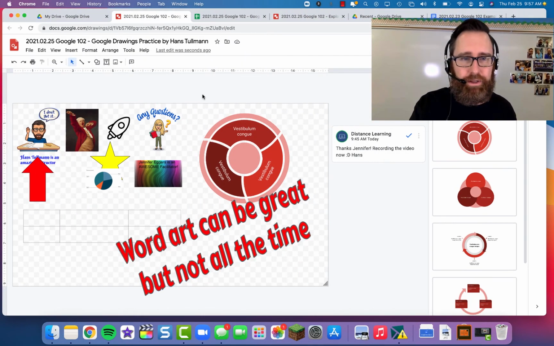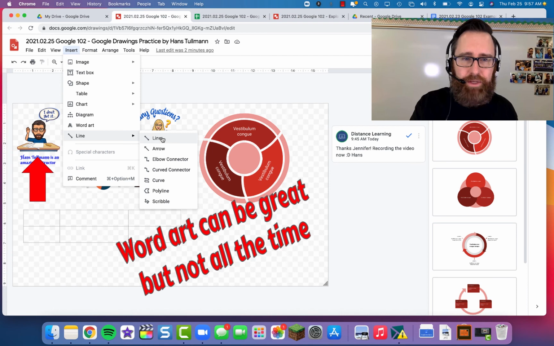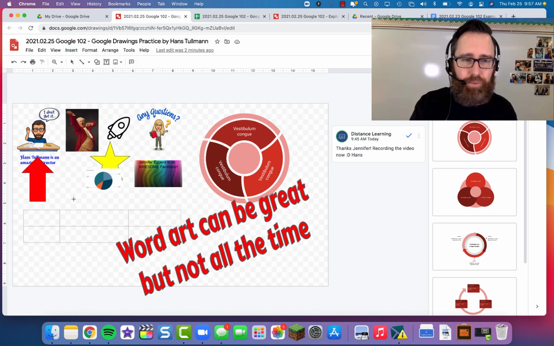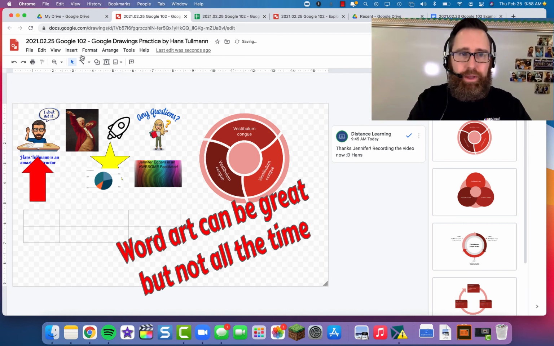The way you insert a line is you go to Insert, go down to Line, and I'm going to start by choosing a straight line. Now, if I just click somewhere, it just puts a line that's diagonal, and I don't really get to choose where it goes, except where it clicks. So I'm going to press Ctrl-Z to undo that. Insert,